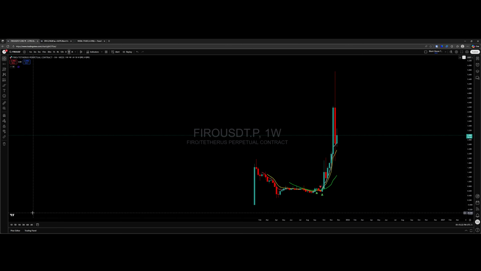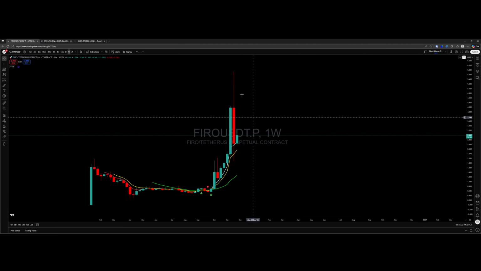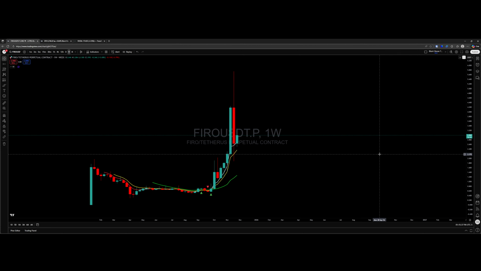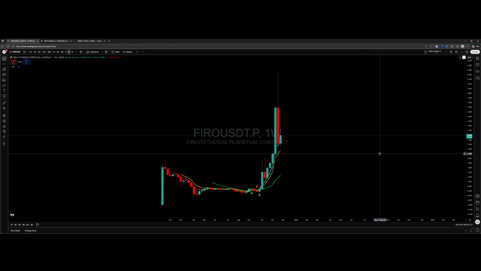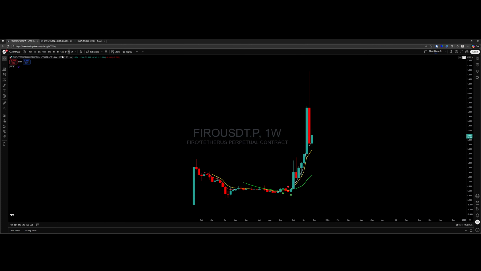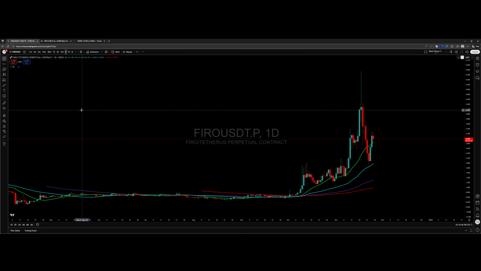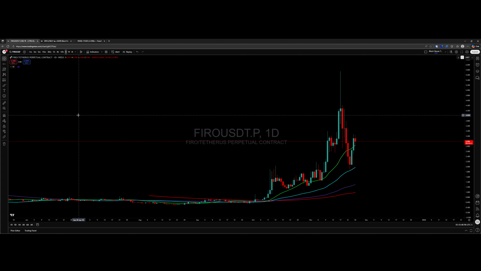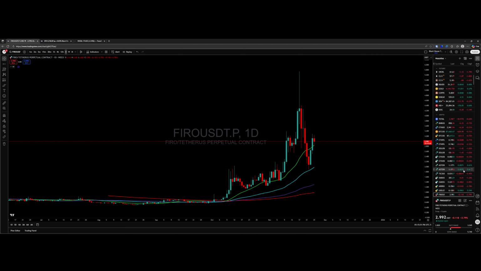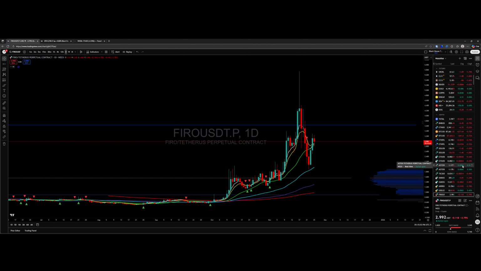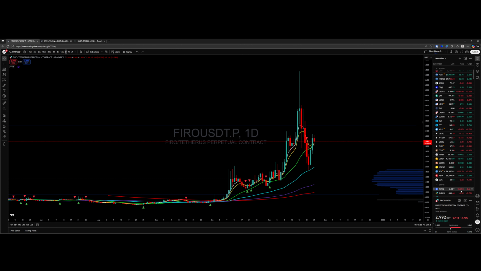Let's see what our monthly shows us. Well, we're a long way from the 20, and we haven't even tagged the T line. This is still a bullish monthly chart, right? This big red candle, all it did is come back and closed right at the 5 EMA. So technically on that time frame, it's still a bullish chart. It's the volatility that makes it a nightmare. But then again, that's where your opportunity is.